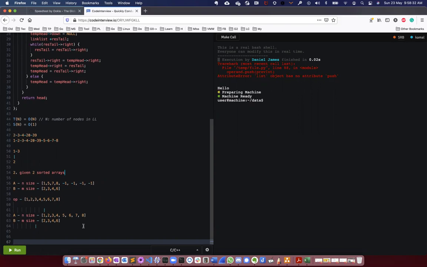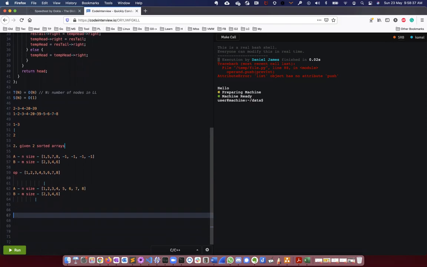Awesome. Nice. So can you write the code for this? Yeah. So what's the time complexity? Time complexity is order m plus n, and space complexity is order 1. Right. Okay. So can I write the code?